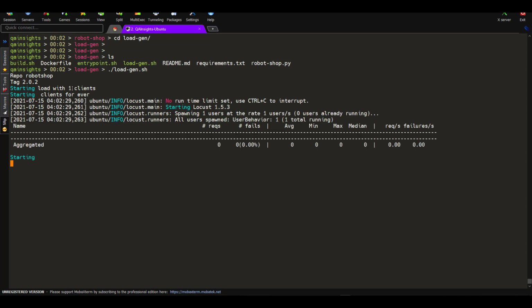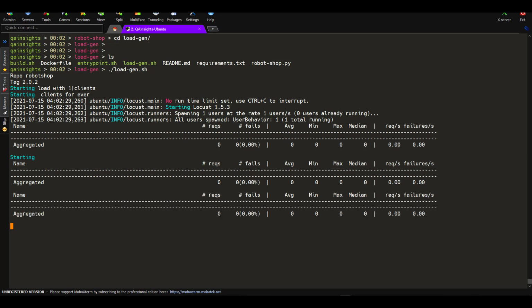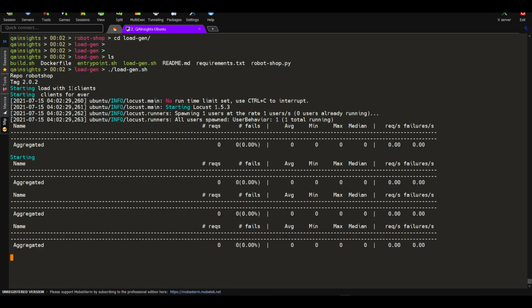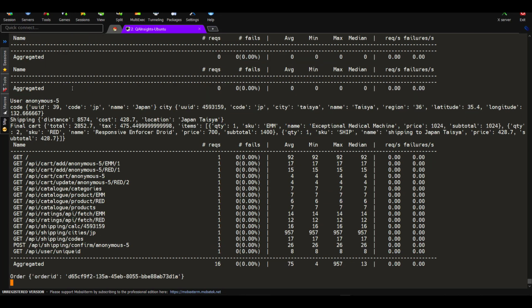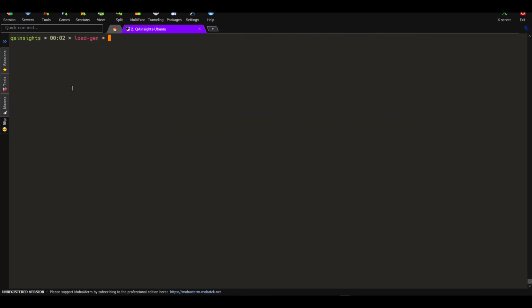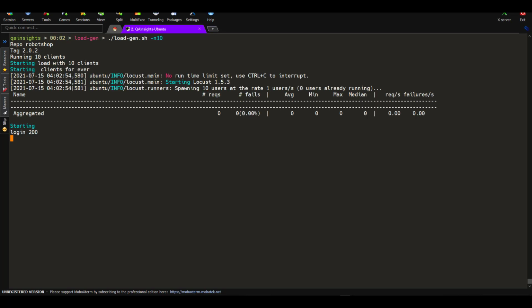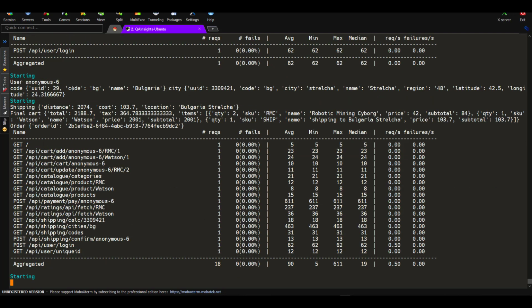So basically it will log in to the application, and then it will do some business transaction, and then it keeps on doing the same thing again and again. So I'm not going to run with one client, so I'm going to terminate this. Instead let us start with 10 clients. So -n, and if you type the number, the load, so these many clients will be executed in the Locust script. So right now we are running with 10.